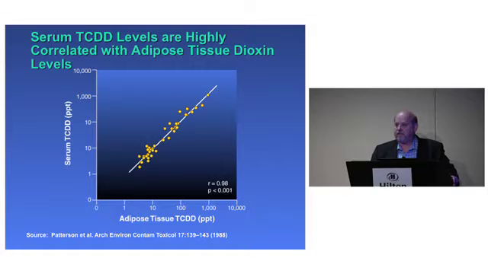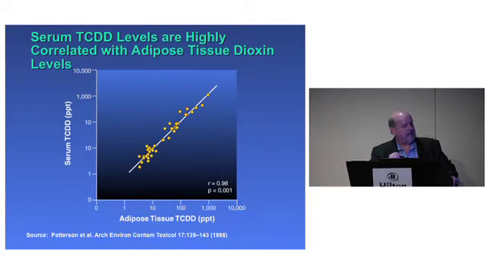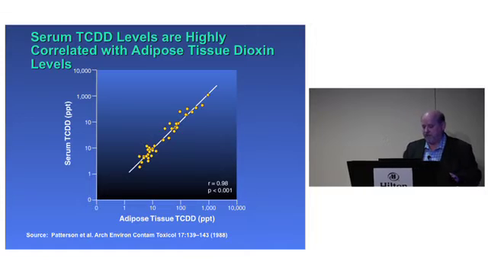We wanted to switch from adipose tissue to serum at one point in our laboratory method development, and so we had to validate that. This is the adipose tissue levels and the serum levels measured in the same individuals, with levels spanning almost 3 orders of magnitude. We were able to get that from the Missouri Times Beach study individuals. And as you can see, this is an almost unbelievable correlation between adipose tissue and serum on a lipid-adjusted basis. So it validated that we could substitute adipose tissue for serum, which was a much easier matrix to get for